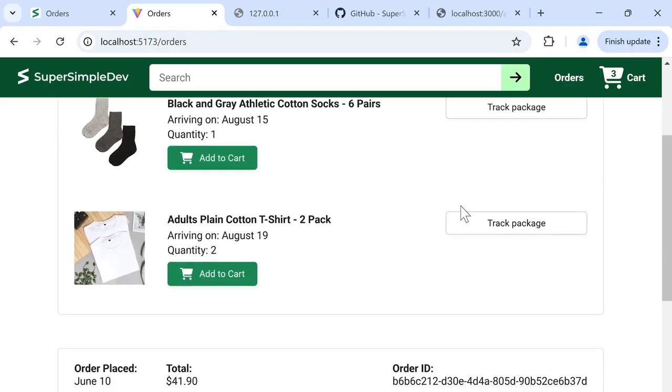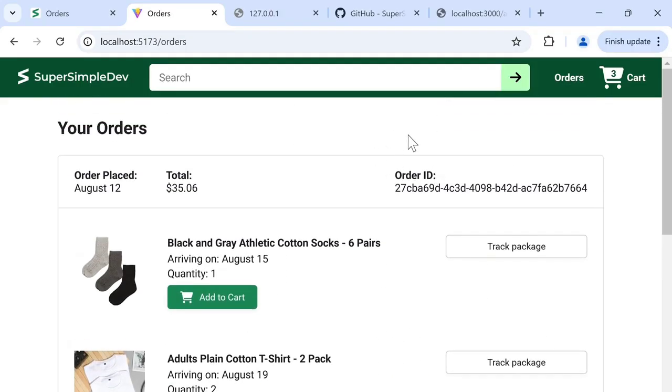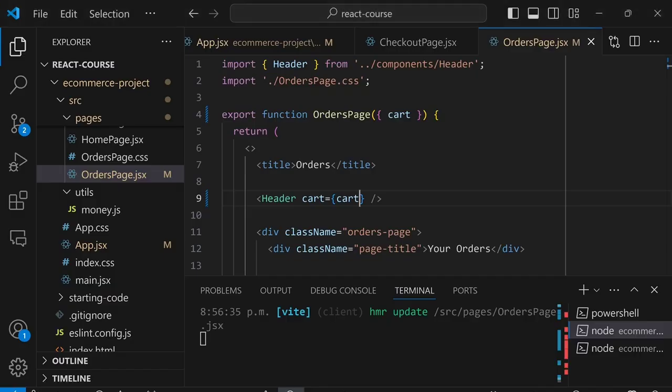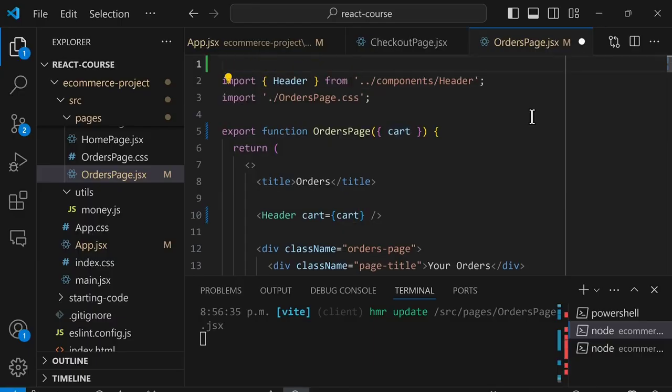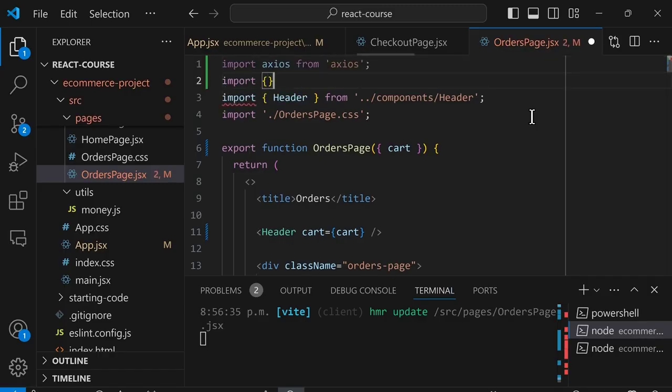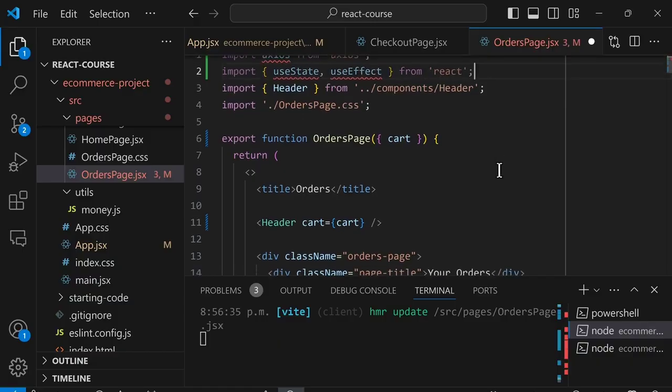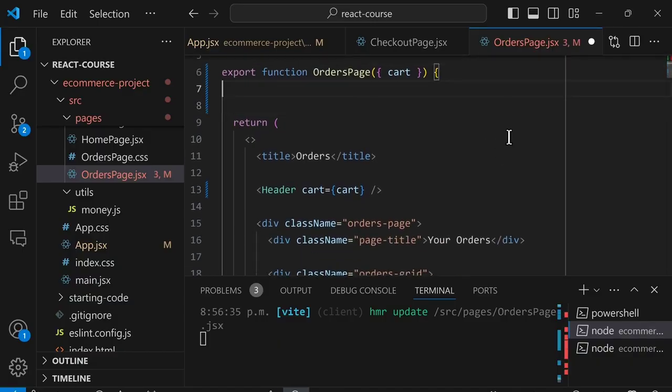So now we're going to generate this HTML using data from the backend. So we'll go back to the orders page, and at the top, we're going to import what we need. So first we'll import axios from axios, and we'll also import, in curly brackets, useState and useEffect from React. And now down here, first we'll create some state to save the orders using const, square brackets, equals useState(), and we'll call